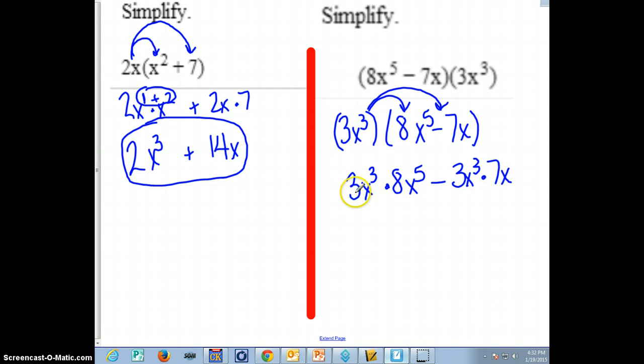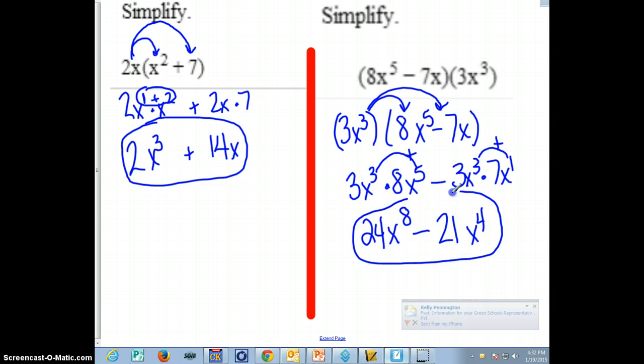So the numbers 3 and 8 are going to give you 24. If I add these 2 together, it's going to be 8. Now here, 3 and 7 would be 21. Before you put the x's together, remember there's a 1 there. So when you add them, it's going to be to the 4th power. And that's going to be the final